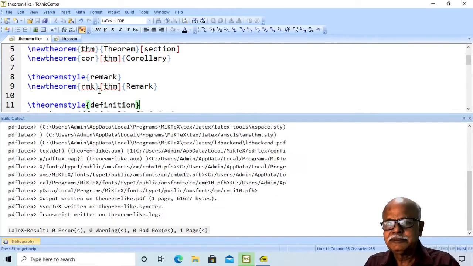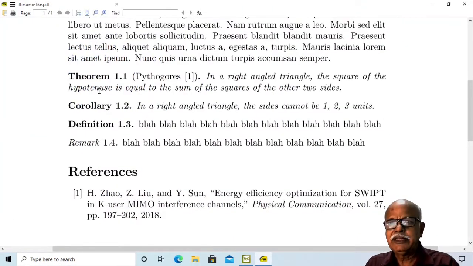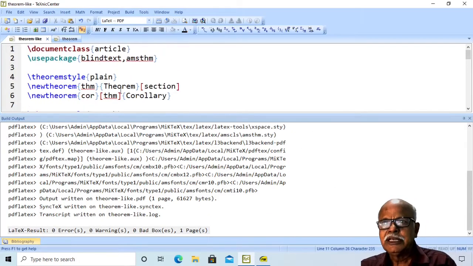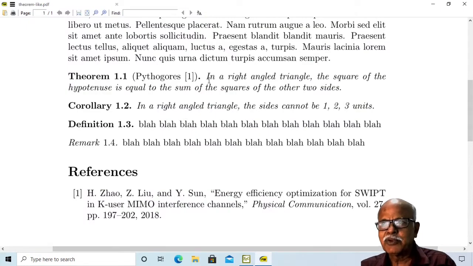Then you will find for theorem and corollary, since they come under theoremstyle plain, their styles will be the same. For definition, this comes under definition style, therefore body font of definition will be in Roman font. Then for remark, you notice that this is not appearing in bold. Automatically, by the mere look at the output, you can say this is theorem, this is corollary, definition, remark, etc.